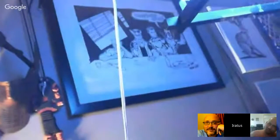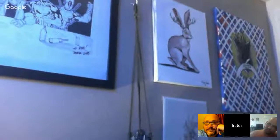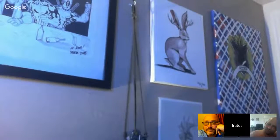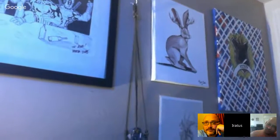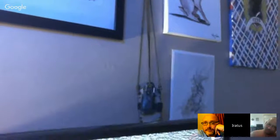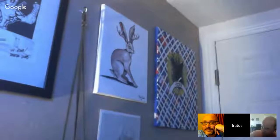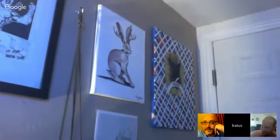And then over here, I got art. So these are art that people have been submitting to me. There's a jackalope painting that my friend Steve Griffin's daughter Kayla did. That one down under there, I'd have to get a better light for that. But that jackalope was something that somebody did. This was obviously from G. Rivera. He did that. And then over there, my wife had one of her friends paint me this jackalope thing. It doesn't have enough color to pop it, but there's a jackalope silhouette over a shield or something,